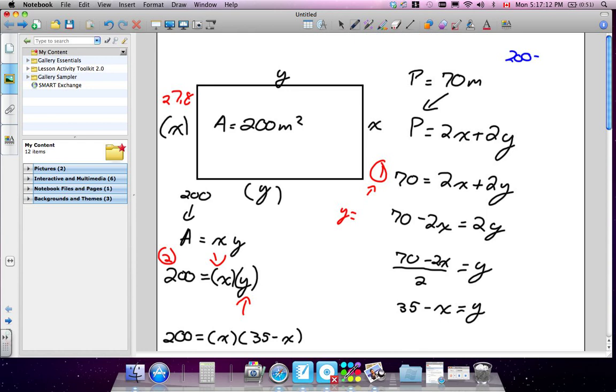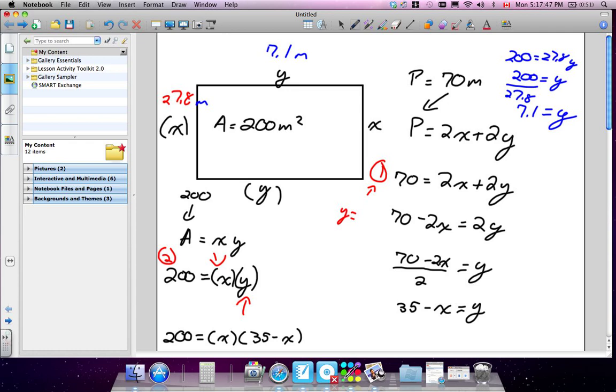I'm just going to plug x into my area formula again. We'll do it in blue on this side. So 200 is equal to 27.8 times y. Y is equal to 200 divided by 27.8. What is y? 7.1? Let's say 7.1. So obviously this fence isn't drawn to scale because the y is longer than the x,